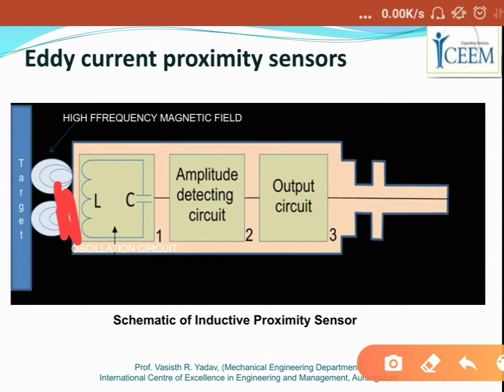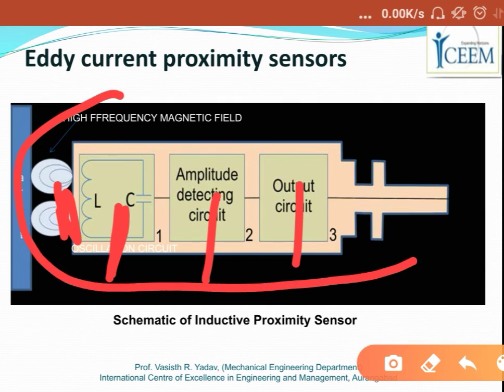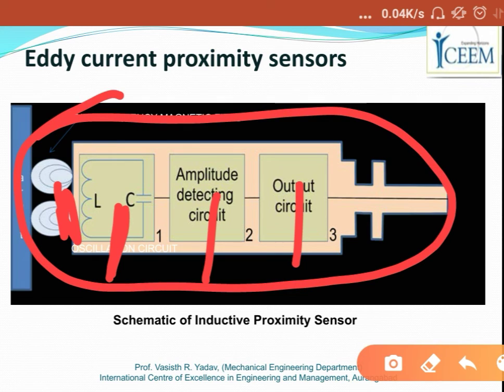It also comprises an oscillator. So you can see that we have an oscillating circuit, an LC oscillating circuit, and it also consists of an amplitude detecting circuit and an output circuit. So we can sum up that the whole of the eddy current proximity sensor consists of a coil, an oscillating circuit, an amplitude detecting circuit, and an output circuit.